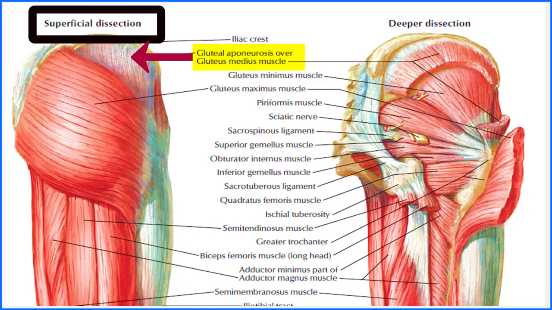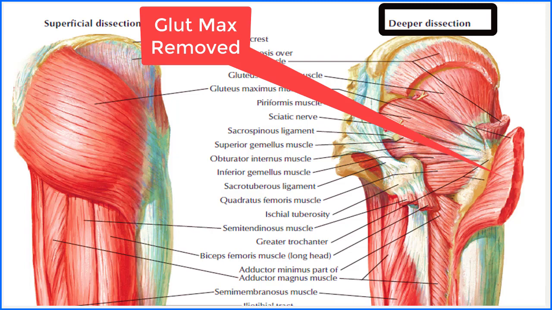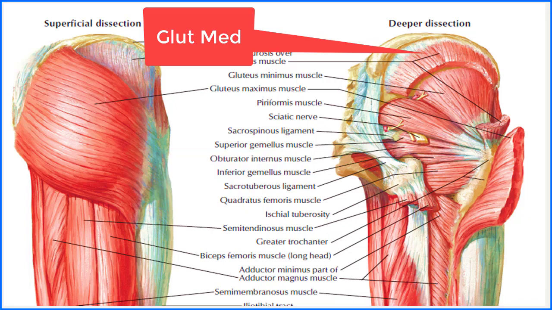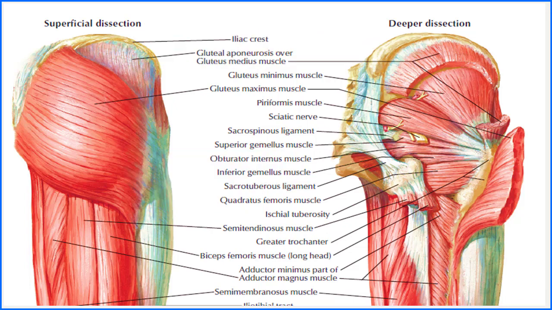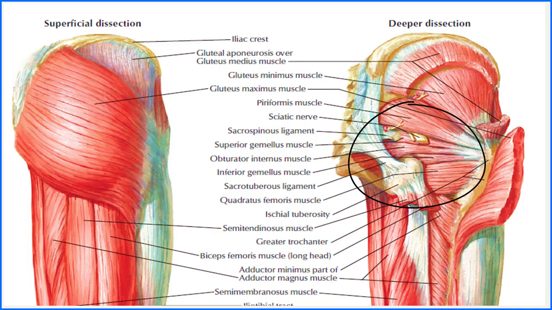In the next image, the deep dissection is shown, and we have removed the gluteus maximus muscle and it is retracted to the side. We can clearly see the gluteus medius muscle, but in this image, the complete gluteus medius is not shown. We can see its upper and lower half, but the middle half is removed. When we remove the gluteus medius, its central part as it's shown, or if we remove the whole gluteus medius, we can identify the gluteus minimus muscle. We can also see other smaller muscles on a deep dissection that I'm not going to cover right now. We will cover that on a deep dissection.